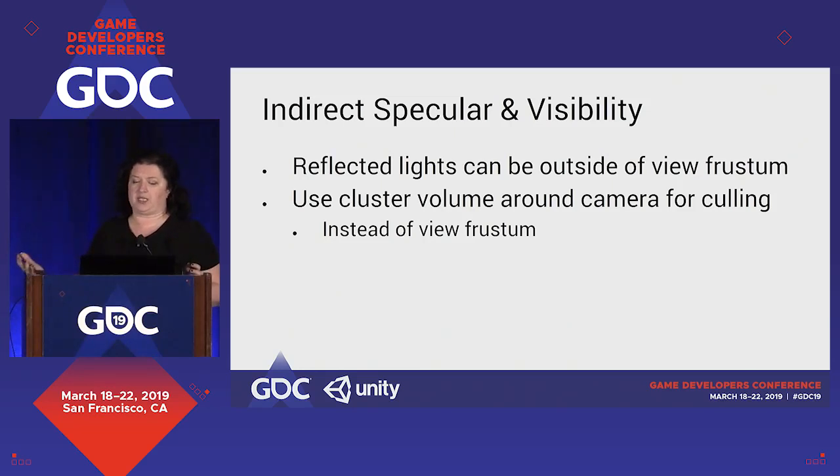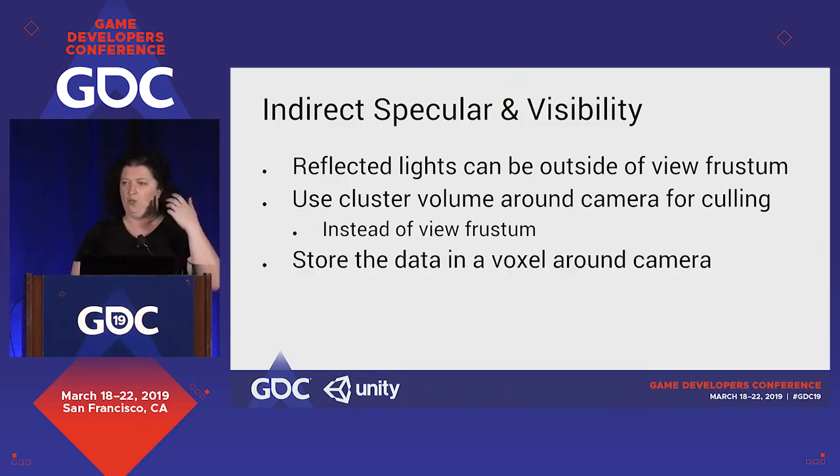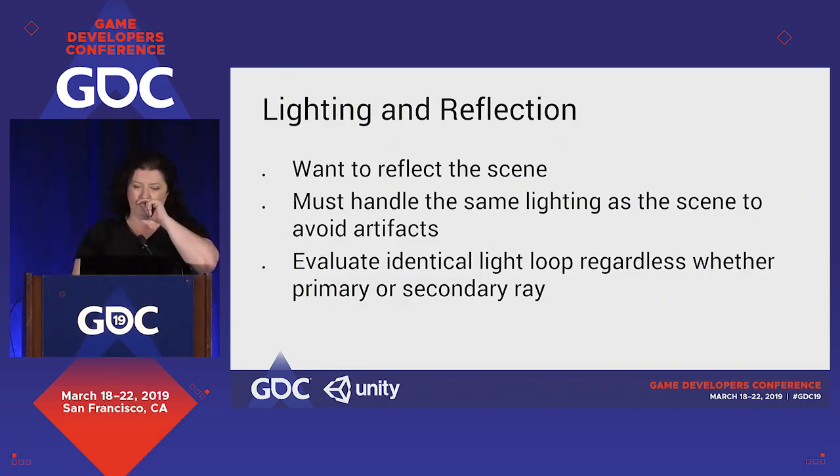So that brings some of the complexity, and we need to think about essentially using a cluster volume around the camera for culling. We also need to store the data in the voxel around that camera because we need to bring the lighting data, the reflection probes, the planar reflections, decals, all of the payloads that we typically associate with a given view, into the new structure, because our visibility representation and results of that changed. And in terms of lighting, we also have to consider the same thing, right? When we're computing reflection, we need to compute the lighting of the reflected object, which means we need to account for the light that's outside.